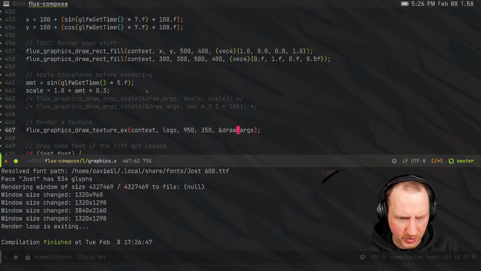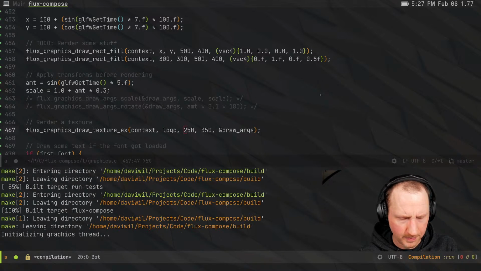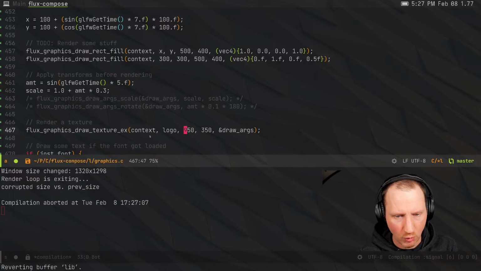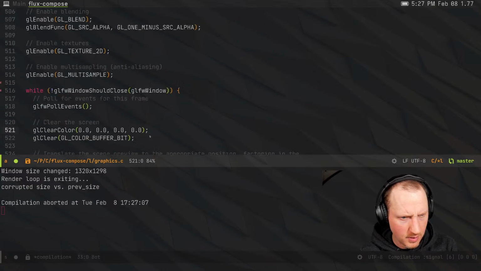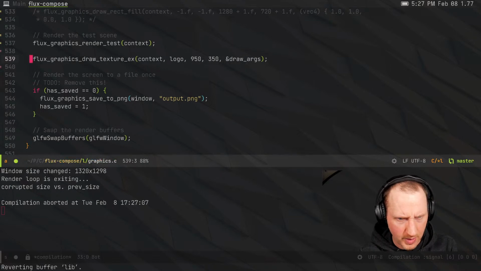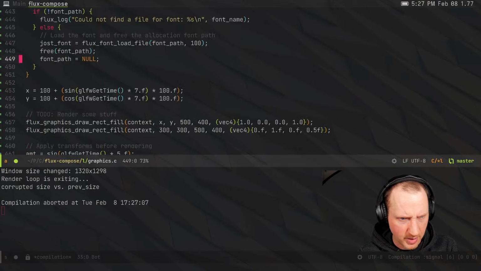950, 350. Let's actually change the position of this to 250 and see if that has any effect. Yeah, we gotta run it again. Very interesting. What if I change where this is being rendered? If I put it back in the other function, that seems kind of like a stupid thing to do, but I don't know what's going on now. I'll drop it right there. Basically, just have to put the code exactly back where it was before, which is kind of lame. All right, so